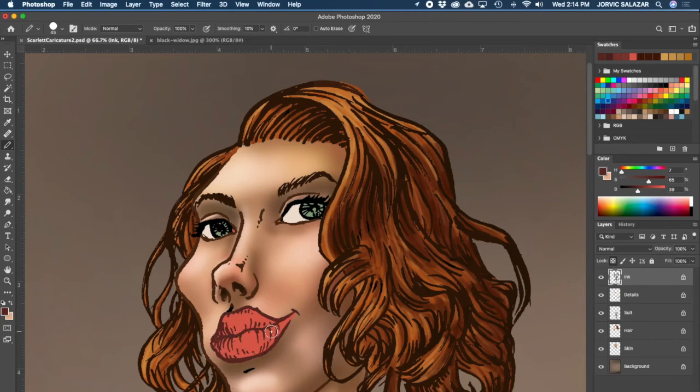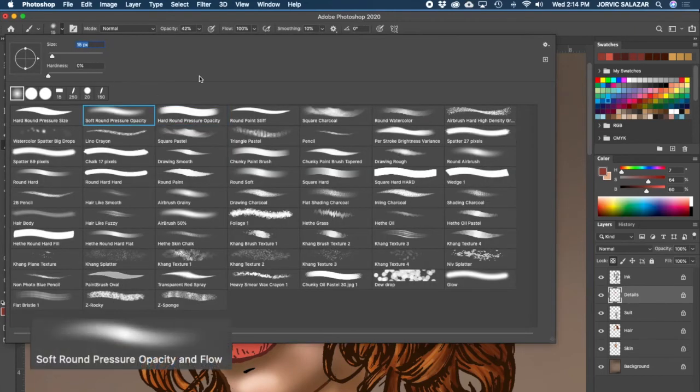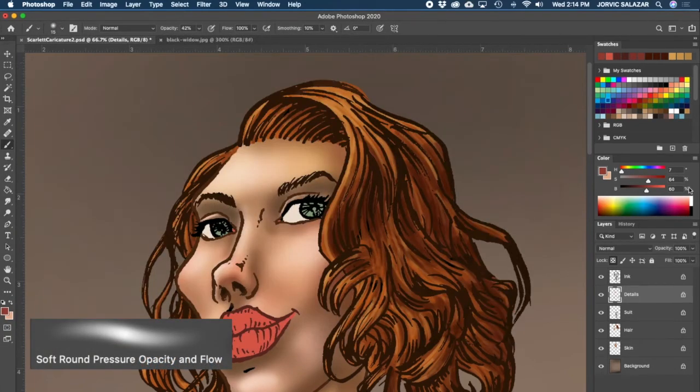Okay, cool. Go into my details now because that's where that color is. Selecting the original color. Go dark now. I got to switch for my pencil before I forget, to my soft round pressure opacity. And